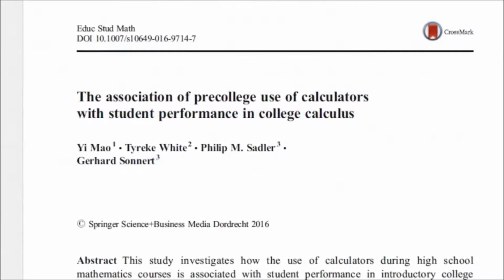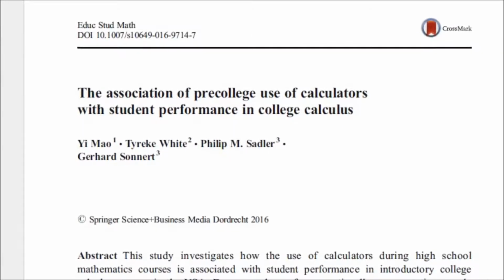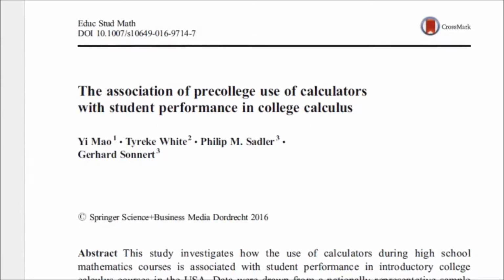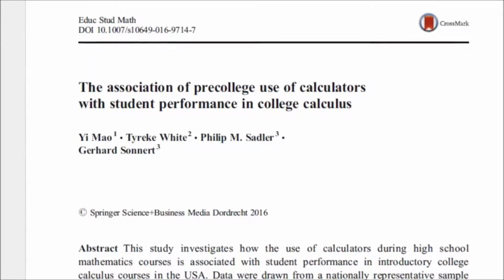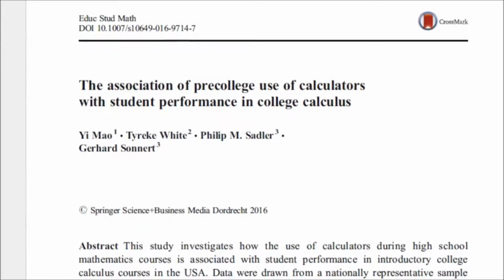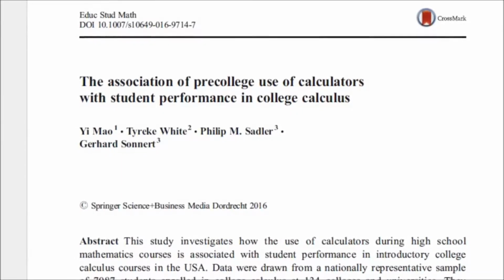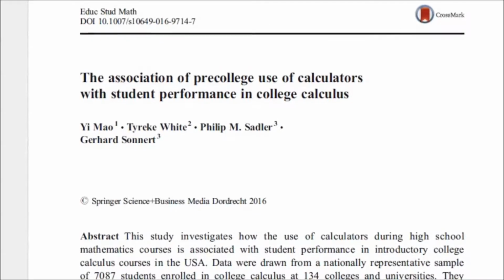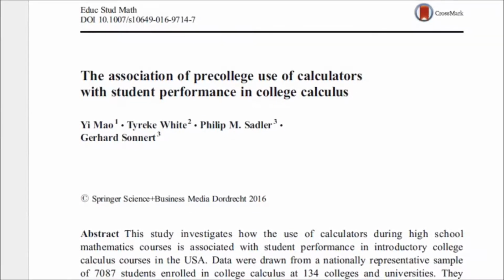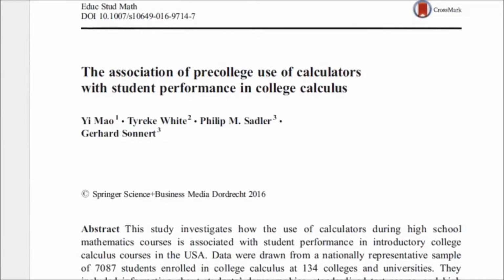We also wanted to give a disclaimer about the Mao et al. 2016 article. This was the one about high school calculators and then following that forward into calculus at the university level. We wanted to let you know that assigning the reading for you to read was not meant as us endorsing those findings. Some of you raised good critiques about the article and some of the flaws in the study, and we also wanted to reiterate some of our own critiques of that study.